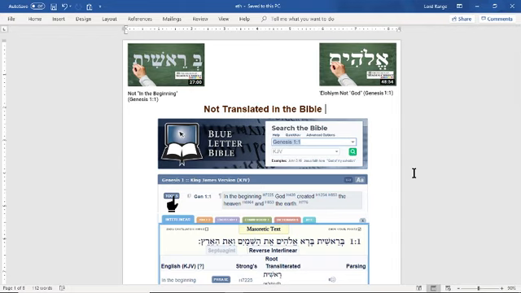In this lesson today, titled Not Translated in the Bible, and you'll understand this title shortly, we're still going over Genesis chapter 1, verse 1, correctly translating that one verse. Because if you don't get that first verse right, you just completely will not understand the rest of the Bible, which has happened to a majority of the world today. So again, we use the Blue Letter Bible for a study tool.